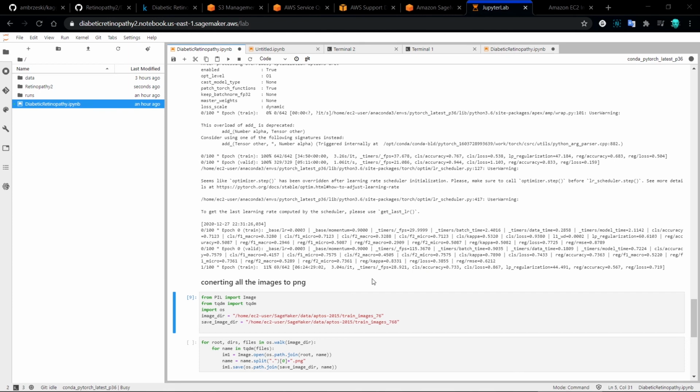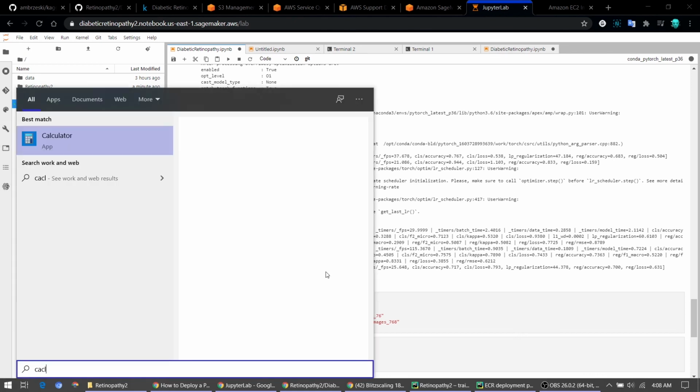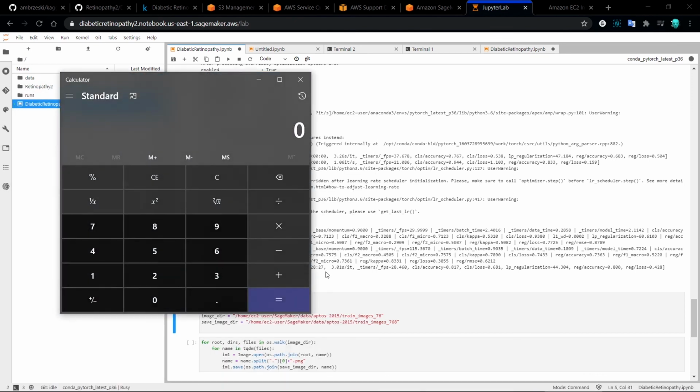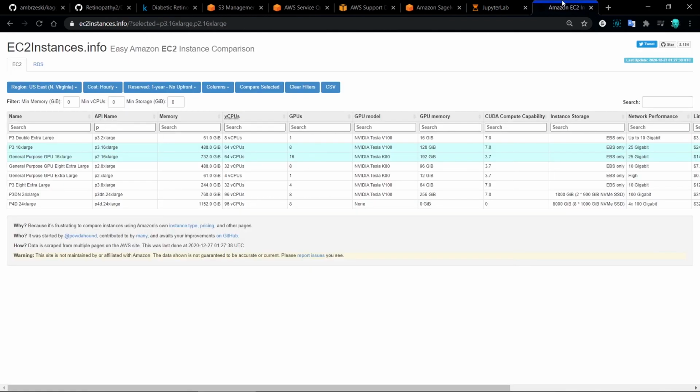Okay, so what are we going to do? We'll just leave it to run for around 12 hours. How much is it going to cost me to run it for 12 hours? Let's do some calculations. Let me suppose that we are running for 12 hours, and the rate that we are currently using is